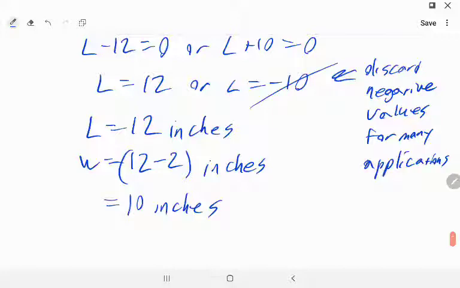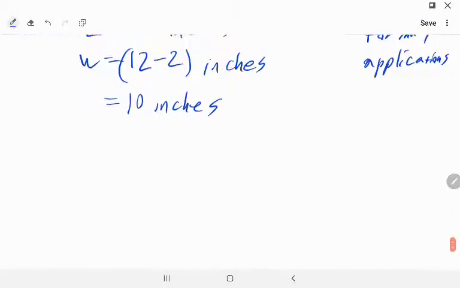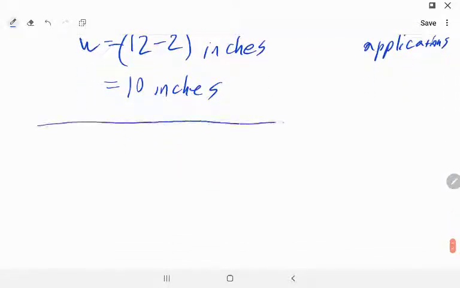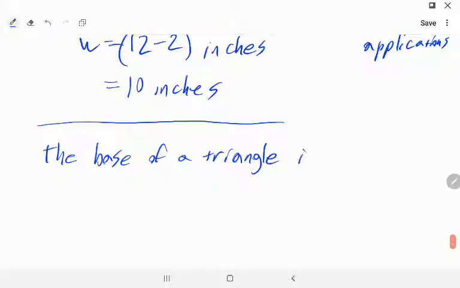Oddly enough, we can also do this with triangles. Because we know the area of a triangle is 1/2 base times height, if we were told that the base of a triangle is 2 feet less than 4 times the height,